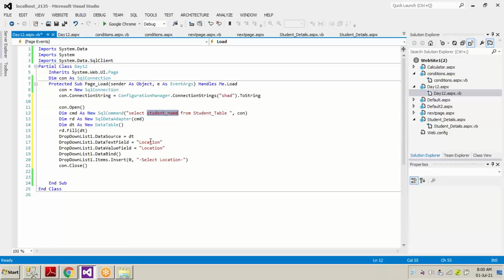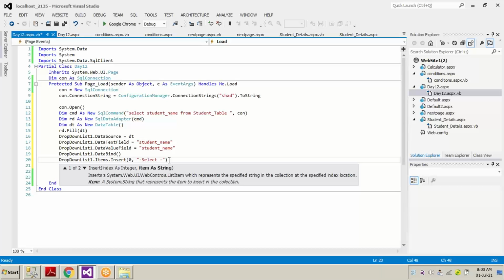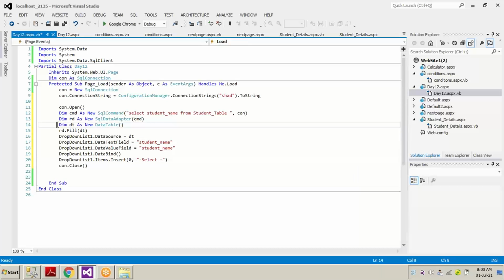Now here we have to change the location. Now select. I will have select over here. So you can see the drop down data table. We have defined DT. You can use any alphabet, and DT is connected with RD.